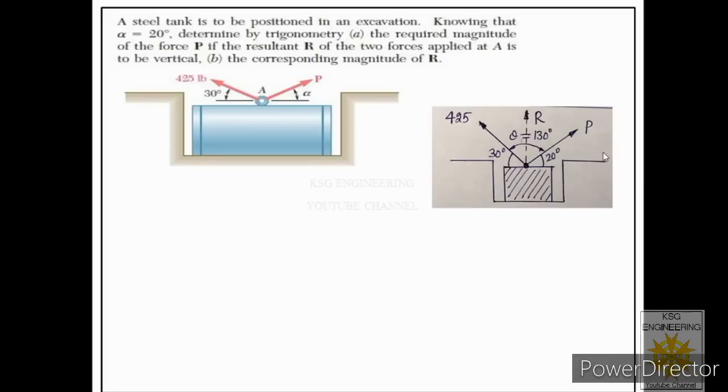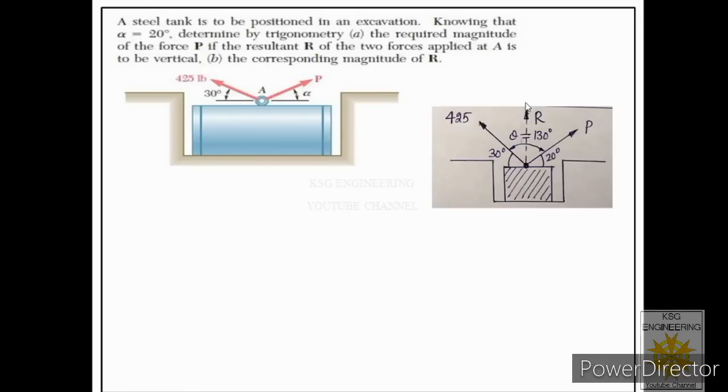So see, in the free body, after drawing this diagram, we have labeled the value of alpha, 20 degrees, mentioned in the statement. And we have shown the resultant also, in vertical direction, because it was mentioned in the statement that it is acting in vertical direction. Now you see that in the diagram these two forces were shown acting in upward direction. So we have to show the direction of the resultant also in upward direction.